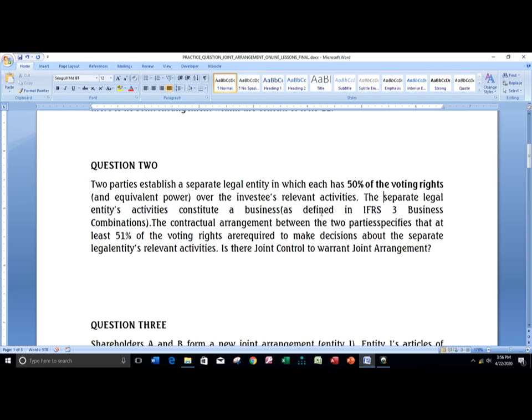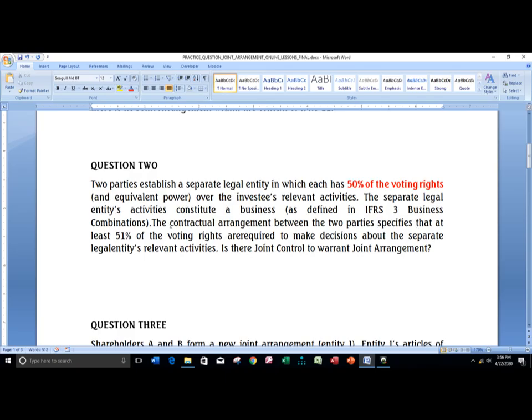The separate legal entity's activities constitute a business, of course, as provided for by IFRS 3 Business Combinations. Now, the contractual agreement, let me put this in red so that it can be different from the rest. So 50% of the voting right and equivalent power. So two parties, at least each one has 50, the other has 50. The separate legal entity's activities constitute a business. Fine with that. Now, the contractual arrangement between the two parties specifies that at least 51% of the voting right,